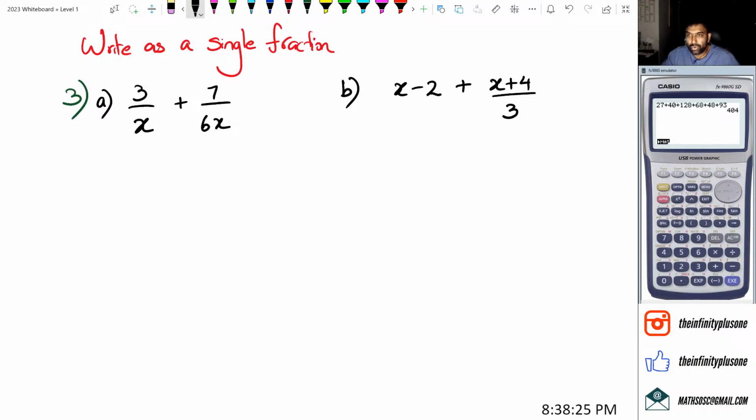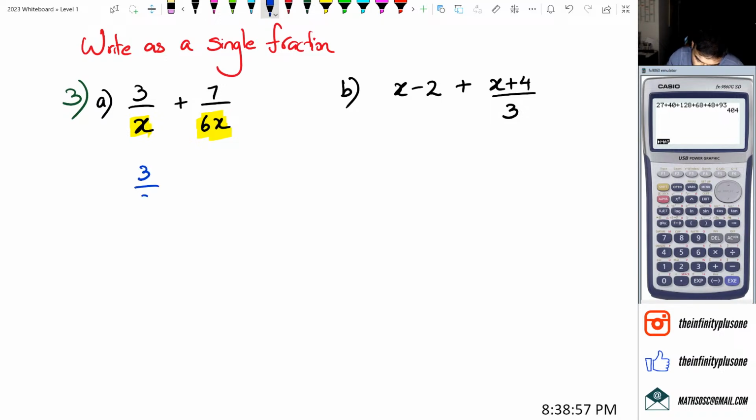All right, so when we want to write as a single fraction, remember what we've learned so far. We said we wanted the denominators to be the same. So if I look at the first example here, I've got x on one side and 6x on the other side. Remember, I want the same denominators if I want to combine them as a fraction. So what I'm going to do is